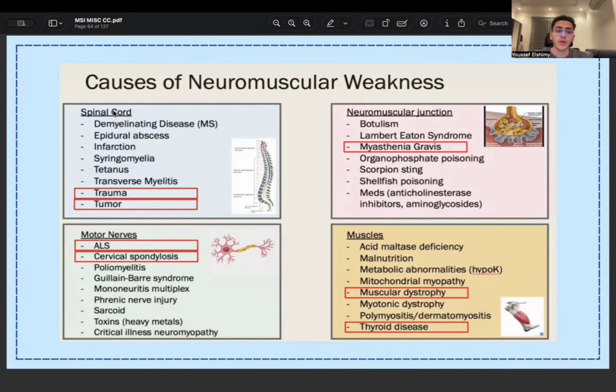So under the spinal cord, the most common is trauma and tumor. Then in motor nerves, the most common is ALS as well as cervical spondylosis. Then moving on to neuromuscular junction, a classic cause is myasthenia gravis. And finally, if the muscles themselves are affected, as in muscular dystrophy or thyroid disease, it would lead to neuromuscular